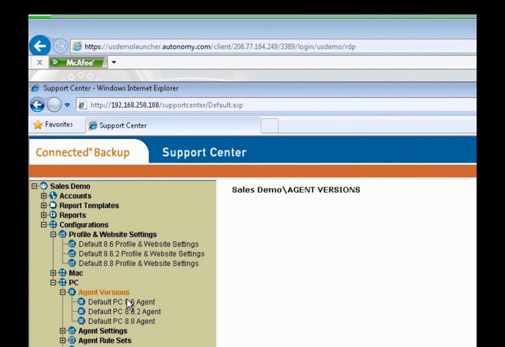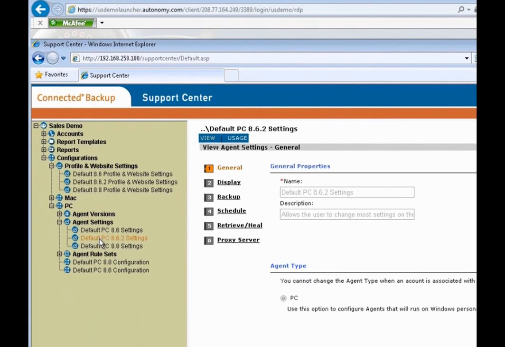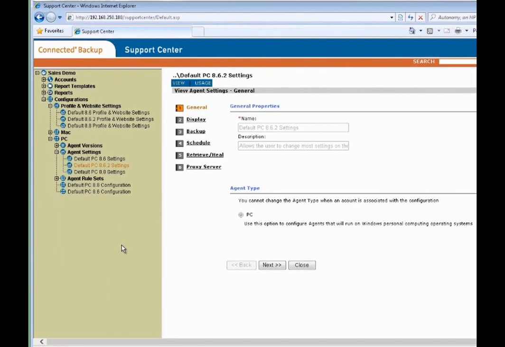So if you needed a French or a Portuguese or German version of the agent, all of those are available to you. We also have agent settings. This is quite a list of different choices that you can make. Again, I'm not going to walk through all of these, but if I were to click on the backup tab,